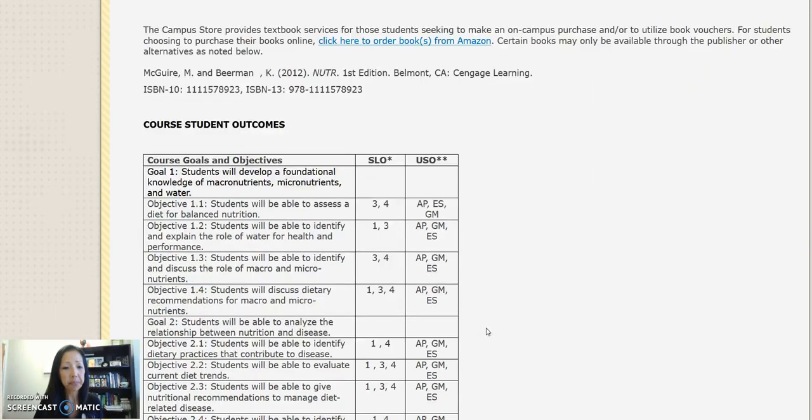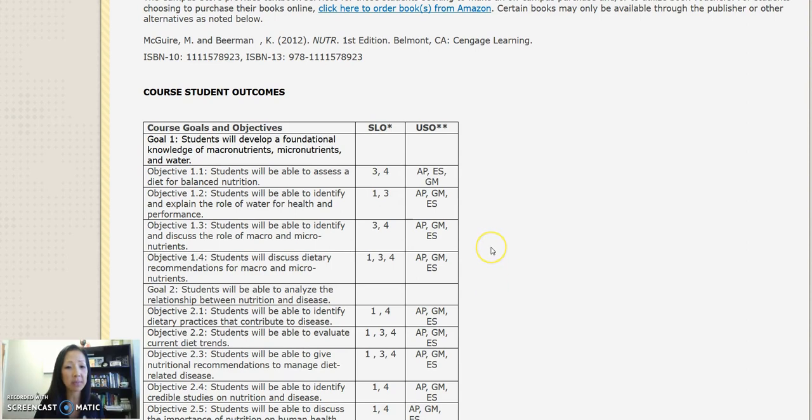All right, our student course outcomes that you can find here, make sure you take a look at these. These are important to the university, to this class and me as an instructor, but also to the university to make sure that we're achieving all of these student goals and outcomes, and make sure that you as a student,